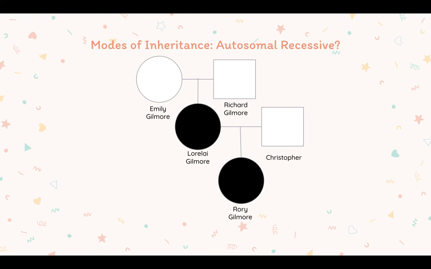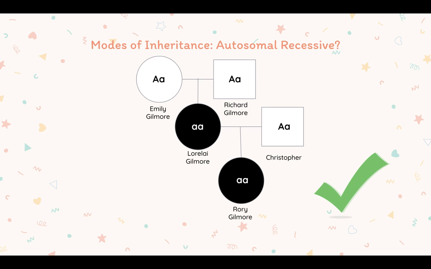For an autosomal recessive trait, that means that Emily Gilmore could be heterozygous for this trait since she does not show it, and Richard Gilmore could also be heterozygous for this trait, which would allow Lorelai to inherit two recessive alleles and show this trait. Christopher could also be heterozygous for this trait, which would allow Rory to be showing this trait